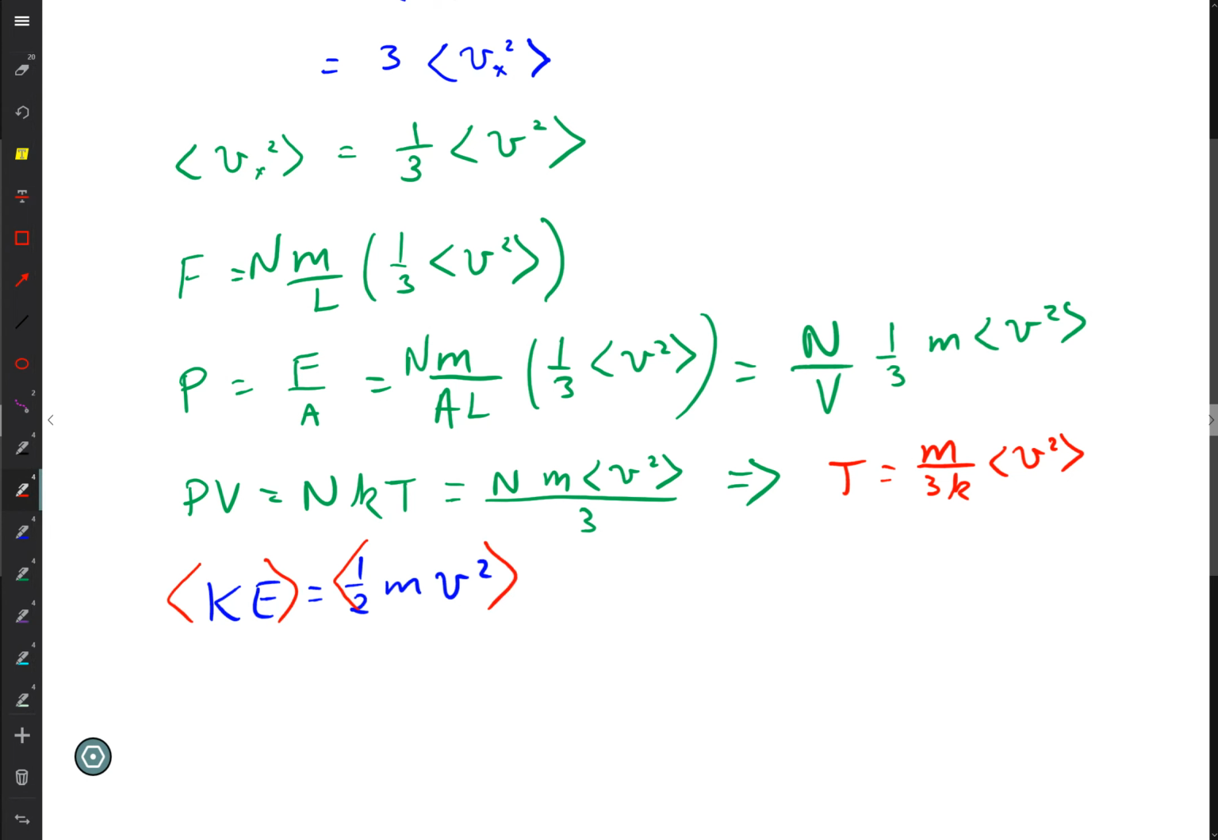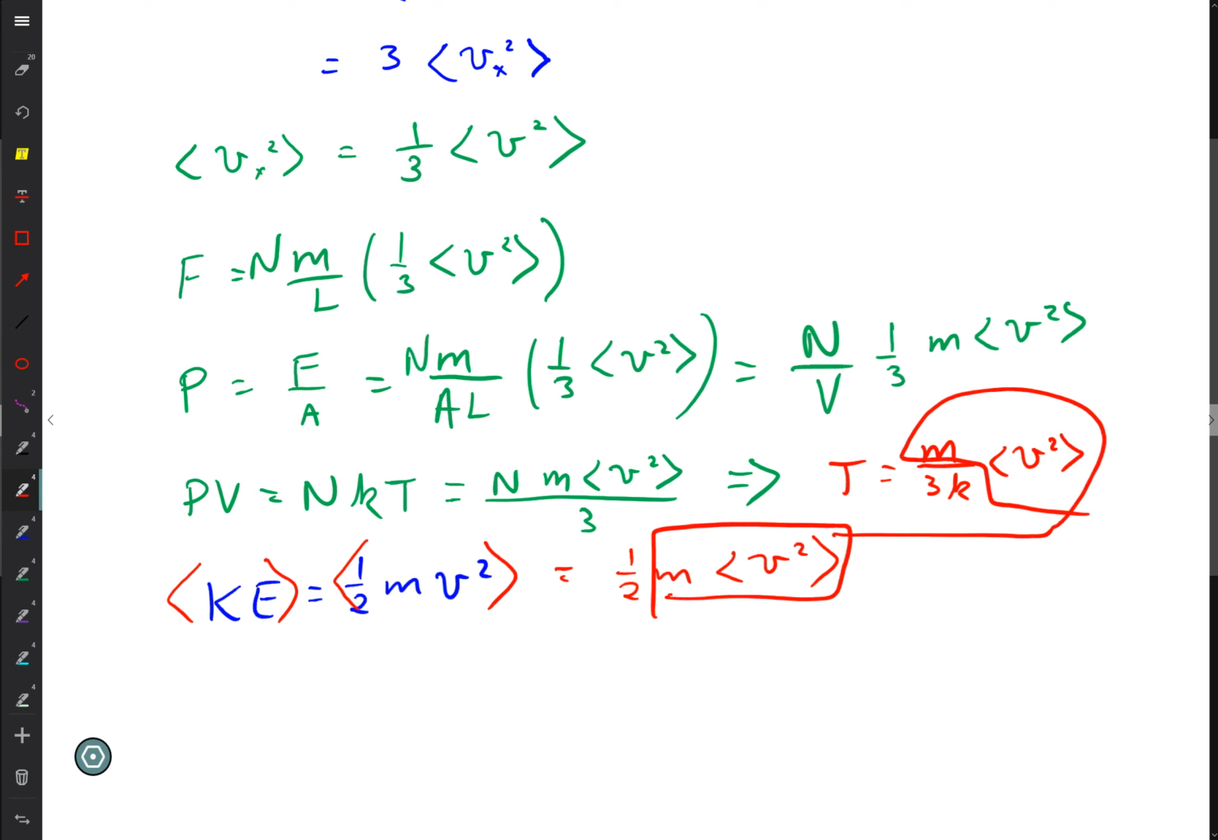But if I have all the same molecules, the mass stays the same. The 2 is a constant. And so that's equal to 1/2 m v squared average. And you'll notice that this here is right there. And so that means that I have the average kinetic energy is equal to 1/2 of, and I'll replace mv average squared with